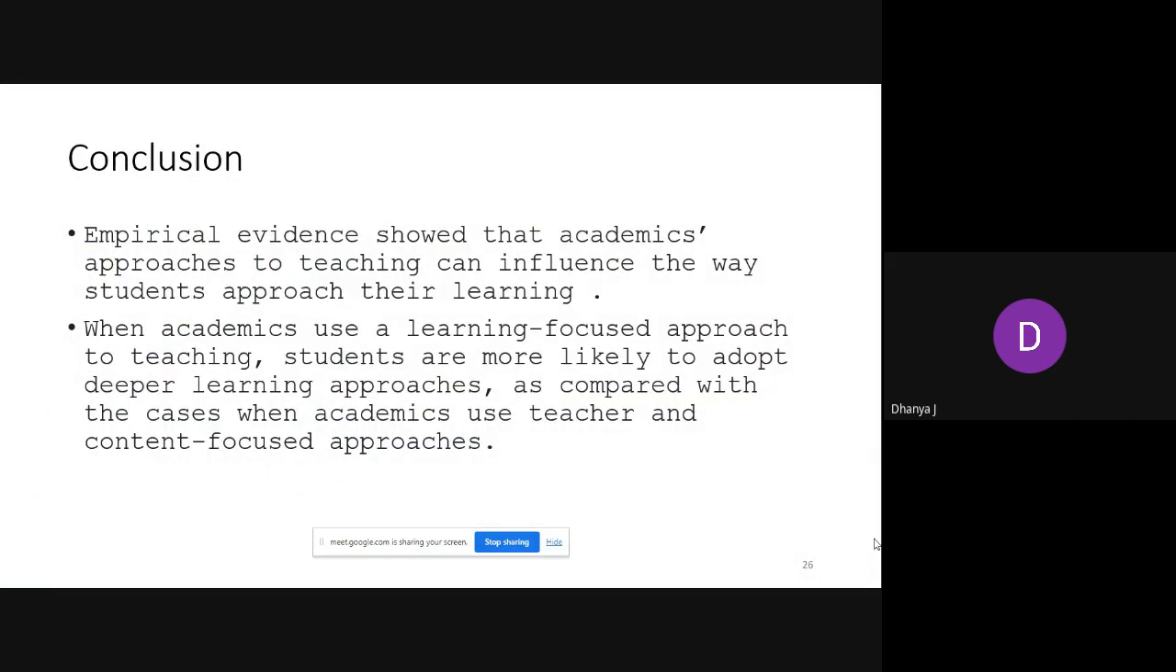So as a conclusion, if we approach this type of teaching methods as per the NEP policy, what will happen is, they have already analyzed the data from the various institutions as per the implementation of the techniques or various teaching methods. The evidence shows that various approaches to teaching can influence the way students approach their learning, and also from the result they understand that the academics use a learning focused approach, a learner centric approach of